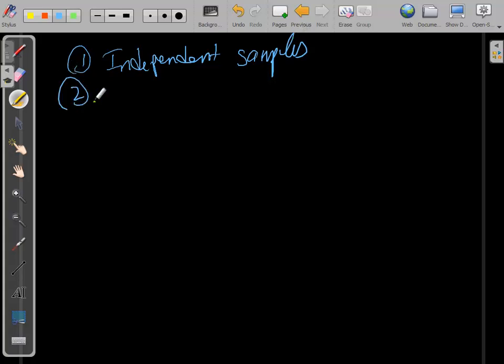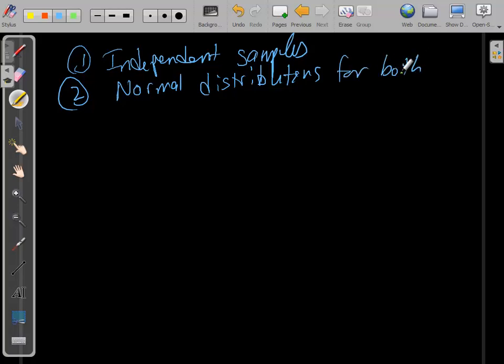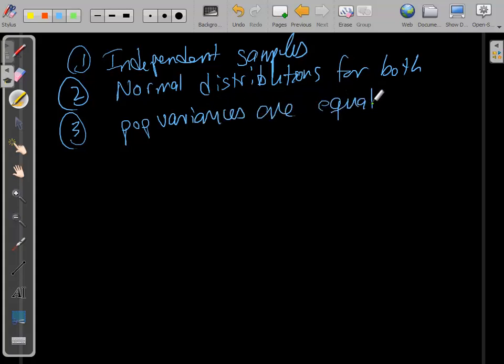Okay. Two, we have to have normal populations for both, normally distributed distributions for both. And then the third assumption is that the population variances have to be equal. Okay, we'll later talk about, I don't know what chapter now, testing things when the population variances aren't equal. Okay, but the idea here is that if they are equal, and if these are independent samples both